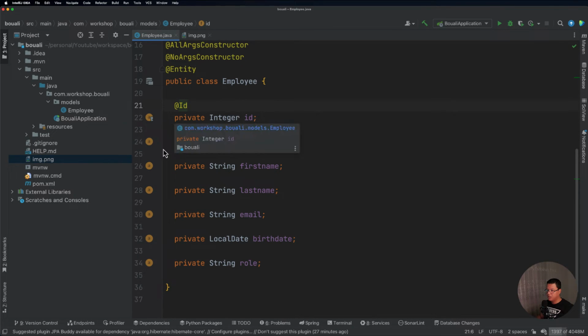So here you see that all these attributes or all these fields we have right here, now they have this really nice icon which is telling that this is an attribute, and this one comes with this key here just to tell that this is a primary key of this entity class.